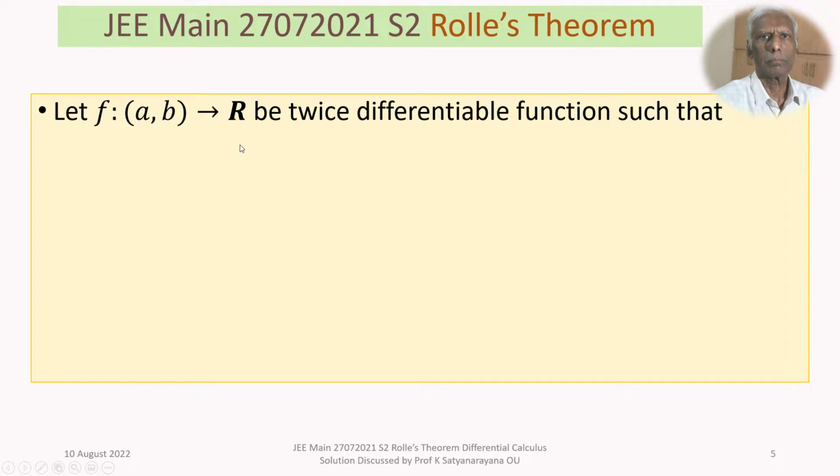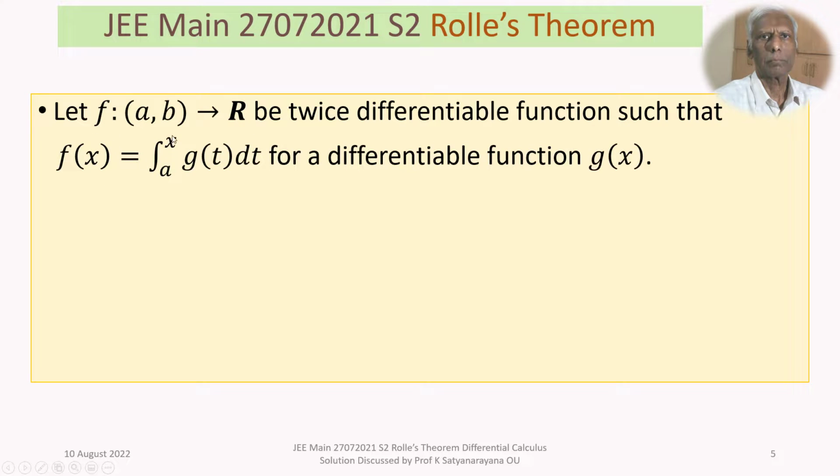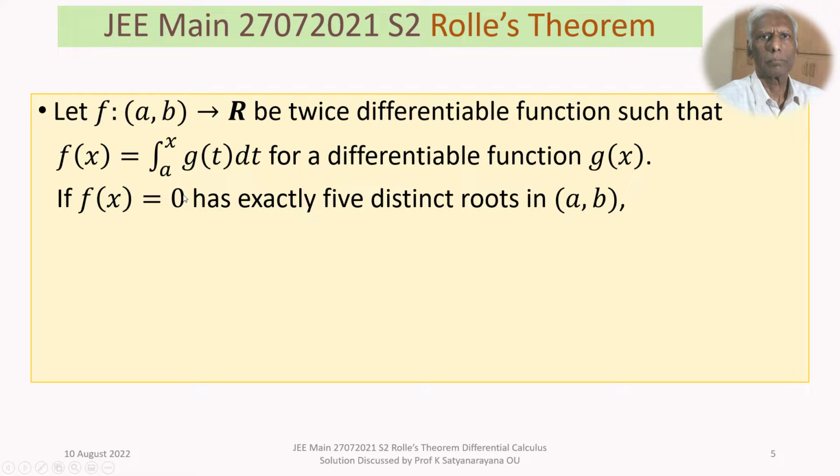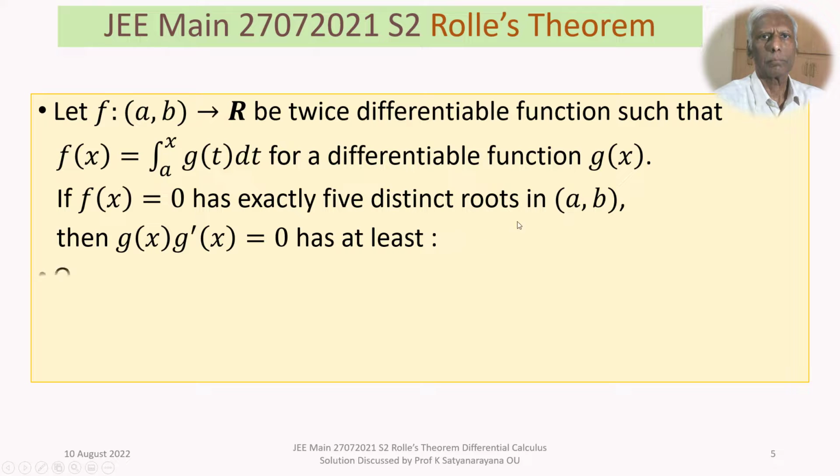let f be a twice differentiable function from the open interval (a, b) into the set of real numbers such that f(x) is equal to the integral from a to x of g(t) dt for a differentiable function g(x). If f(x) = 0 has exactly 5 distinct roots in the open interval (a, b), then g(x) multiplied by g'(x) = 0 has at least, we